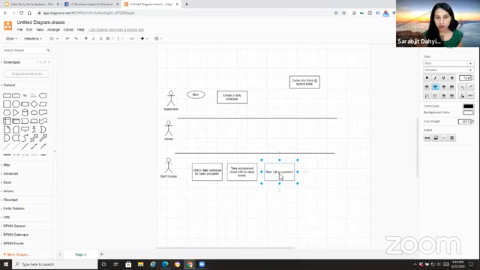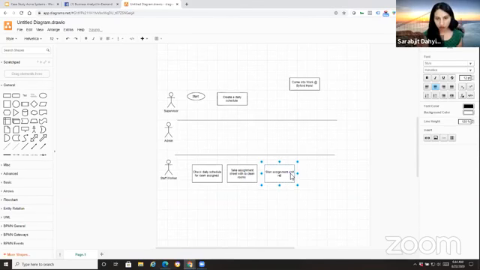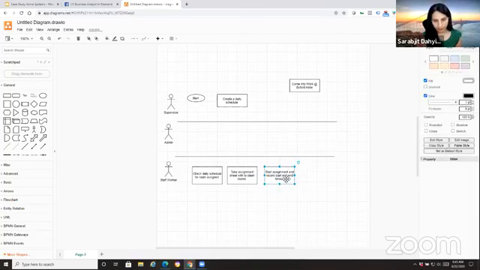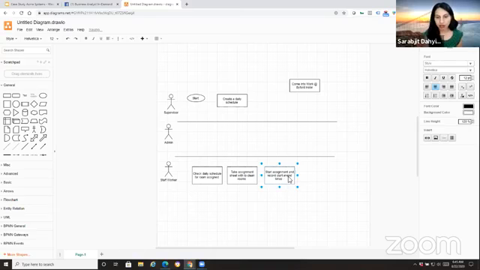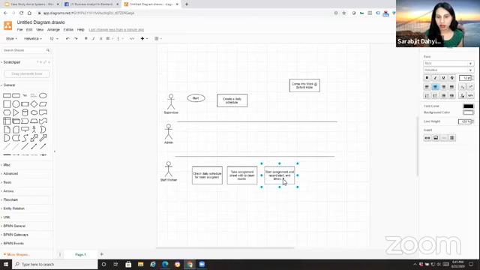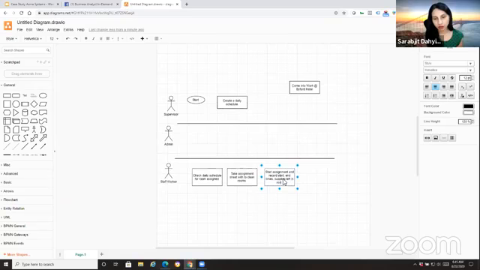I'm not going to say first because we're going to make this loop over. Start assignment and record start and end times, and then inventory or supplies left in room.